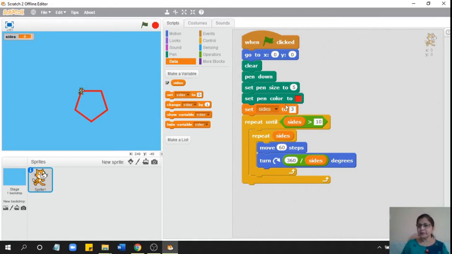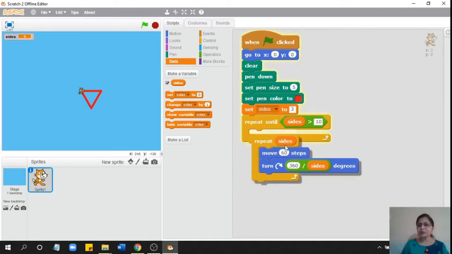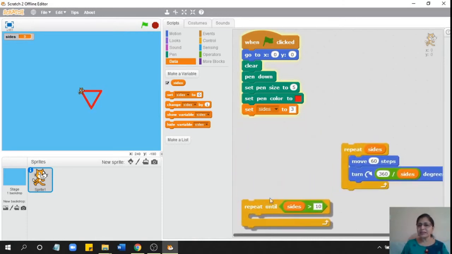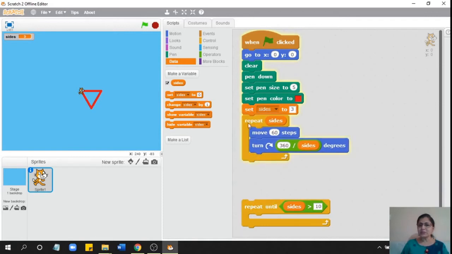So fine, this is going to work for my triangle. Let us just check, is it working for my triangle? Yeah, it is working. But because I have given an outer loop over here, repeat until sides is more than 10, it is going on. It is becoming an infinite loop. Now let us just check. Okay, it is drawing one triangle here.